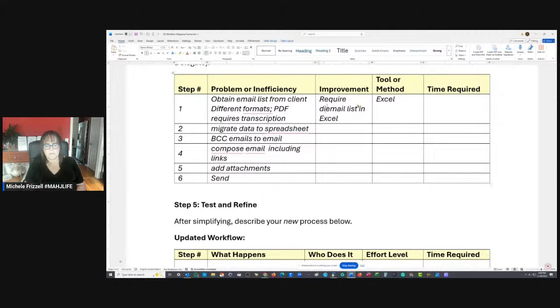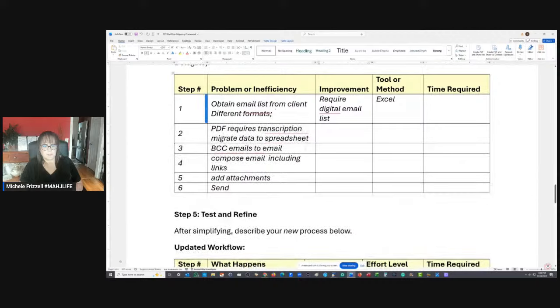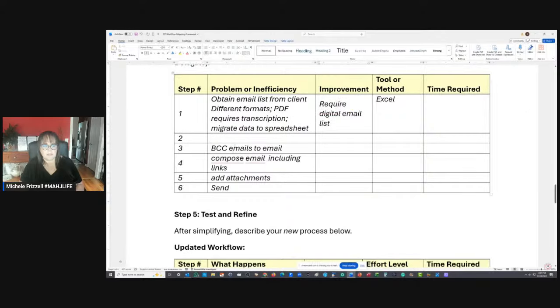Require digital email list. Okay, and then to migrate the data, this is a problem here. The improvement would be, well, that wouldn't be an issue though if you do that.